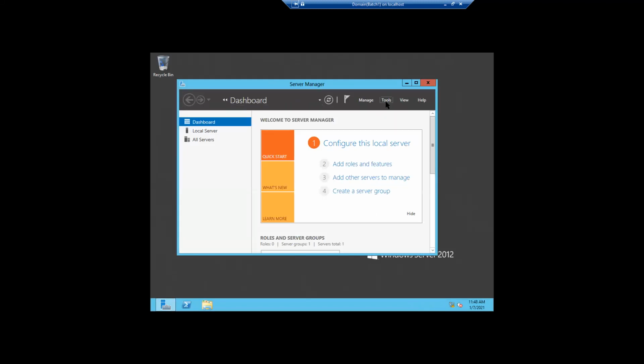So we'll see in Tools whether the DNS is able to open the console or not. If that is opening, then we'll see the DNS server service is working on this computer or server.